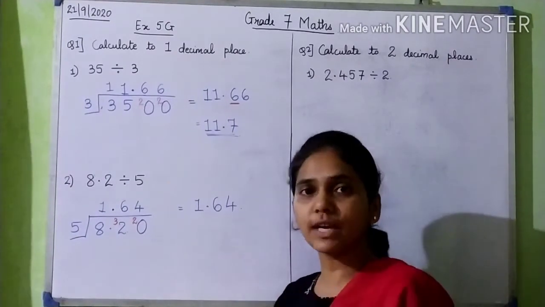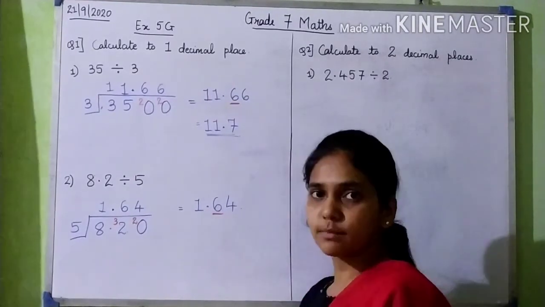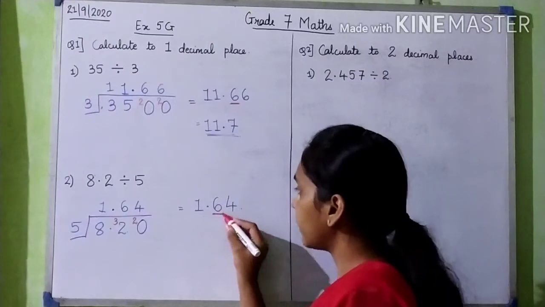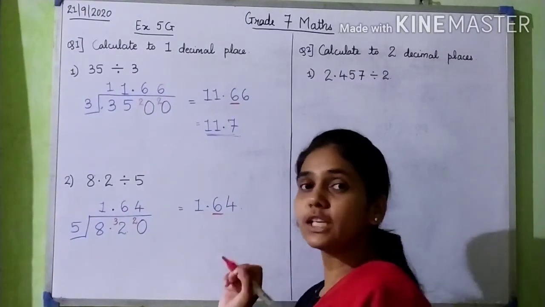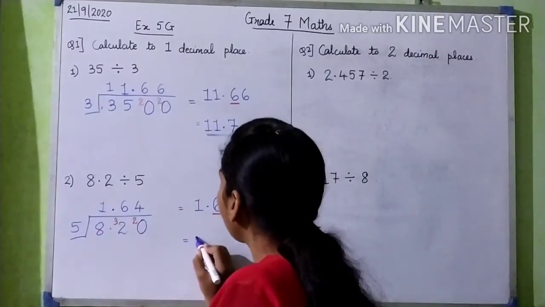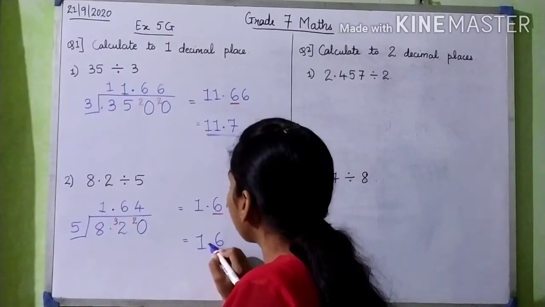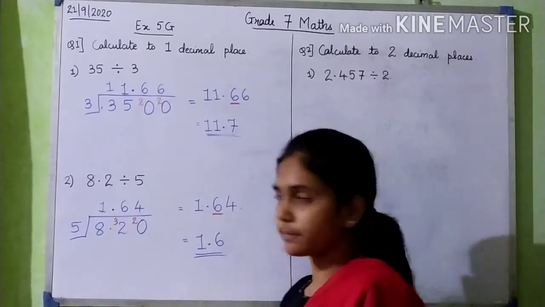Okay. So we have got 2 digits after the decimal point, but we have to round it off to only one decimal place. So 1 decimal place means up to the first decimal place. So now we check the number which is after 6 here. It is 4 and 4 is lesser than 5. So we need not add 1 to the previous number. So this number rounded off to one decimal place will be 1.6. Okay. So this is the answer.